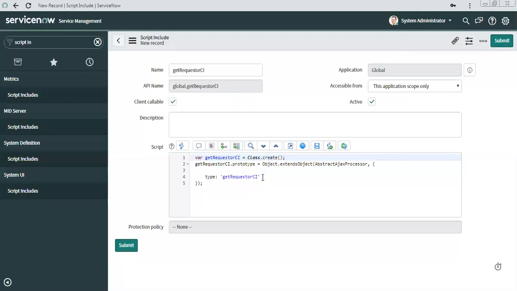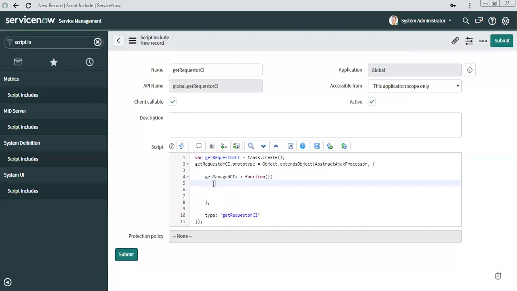Okay. Now we have to define a function first. So I will say get managed CIs. This is how you define a new function.